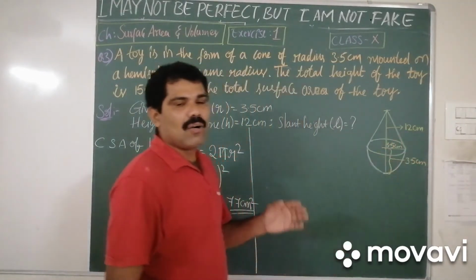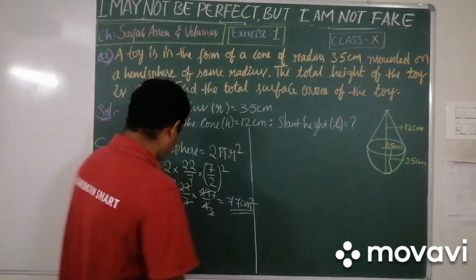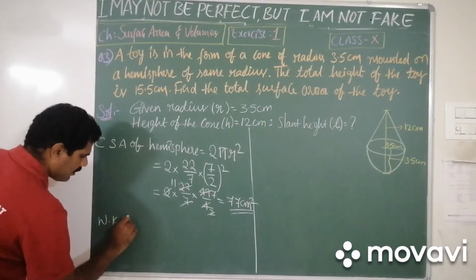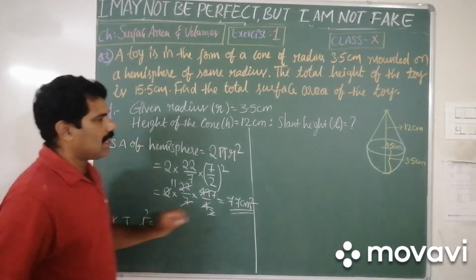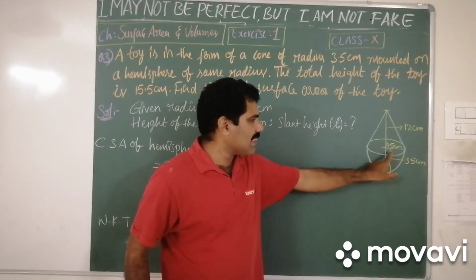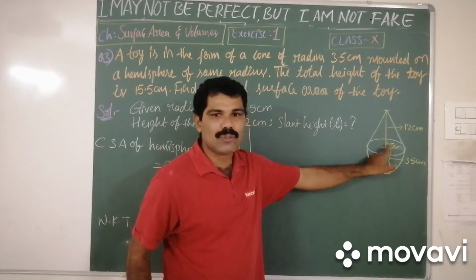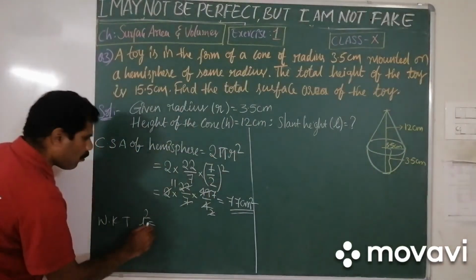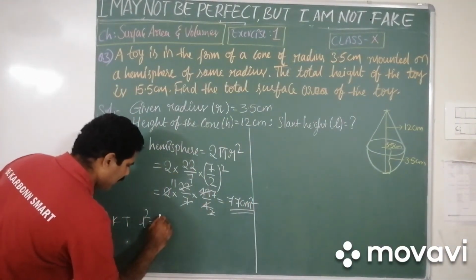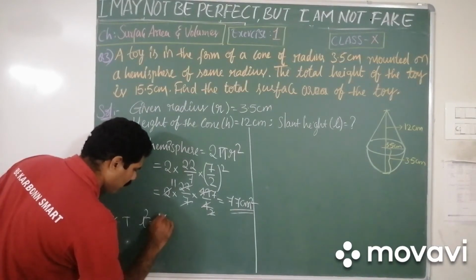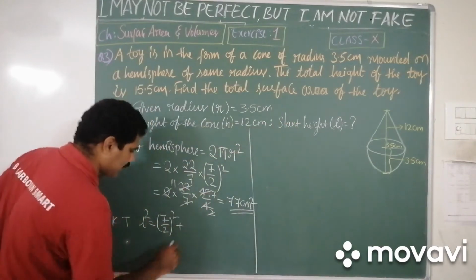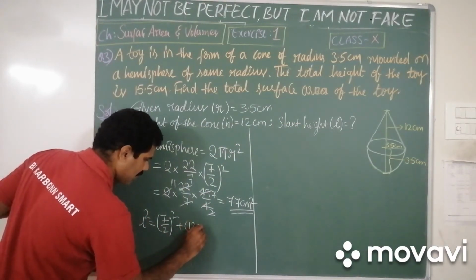So we have to find the value of the hypotenuse, that is L. Okay. So according to Pythagoras theorem, we know that L square, that is hypotenuse side square, is equal to the sum of the squares of the other two sides. So now one side is 3.5 centimeter. So let me write this as 7 by 2 whole square plus another side, that is 12 centimeter, 12 centimeter square.